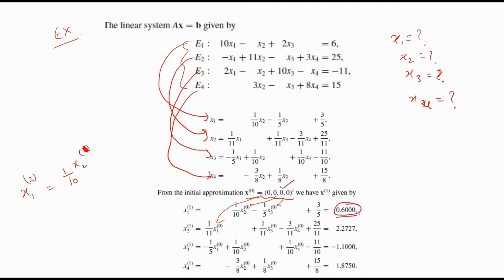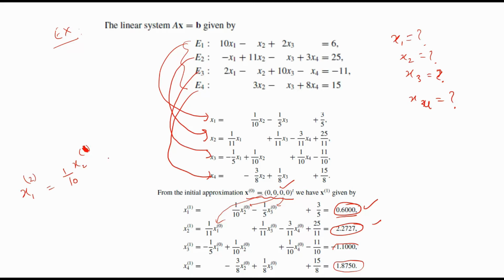Like in the first iteration you get x1 1, x2 1, x3 1 and x4 1. In the next iteration, when you want to find x1 2, you use the values which you got in the previous step.